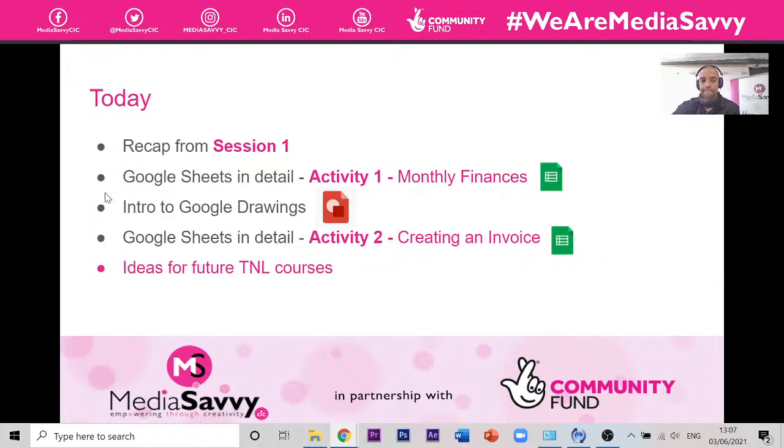Okay, today's session we're going to be looking at a recap from last week. We're going to be looking at 3 activities. I've only got 2 on here, but we're going to look at 3. The third activity is this one, Intro into Google Drawings. But the first activity is utilizing Google Sheets, which is a spreadsheet application, and we're going to create a monthly finances